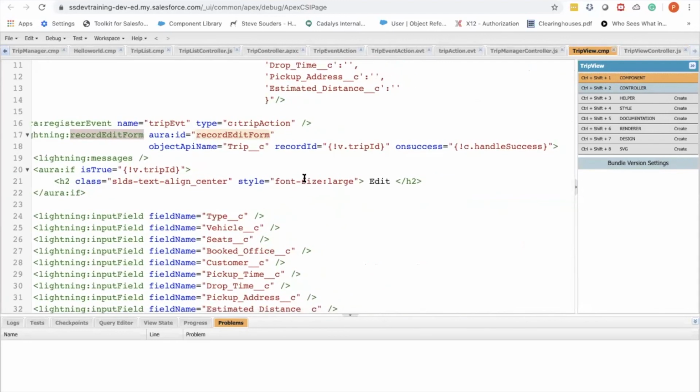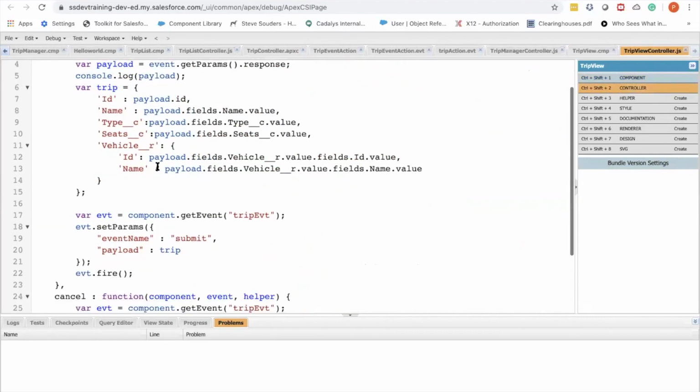And once the record commit is successful, we have a handler called handle success, which gets called. So upon success, a method on the controller gets called. So handle success over here.